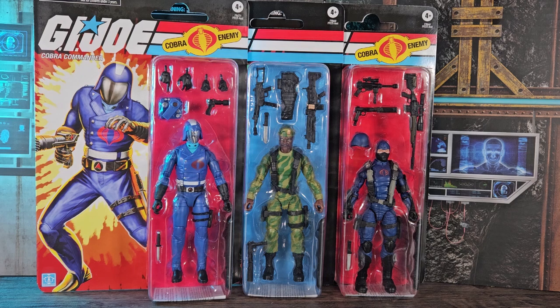Marshmallow Fanboy back with another review, this time of 3 retro figures that represent 3 of the original 12 figures back in 1982. I say the original 12 because even though the cards had 9 on the back, Stalker was one of them, Cobra Commander and I think Cobra Trooper and Cobra Officer all came out on, it was the